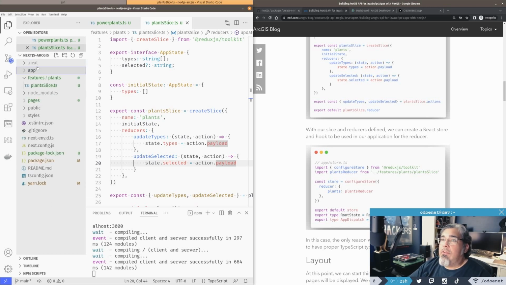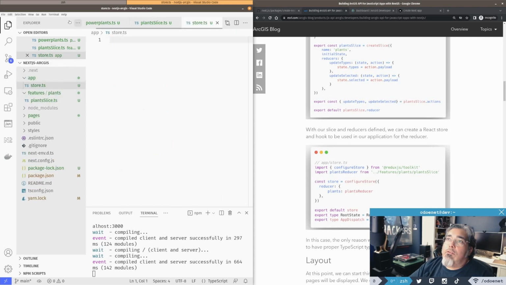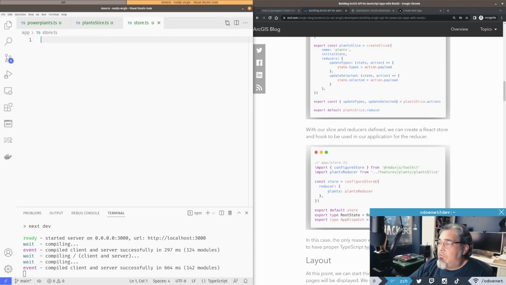Now I'm going to create a store file. So, new file, store.ts. There we go. Okay, so in my store now, again, a little copy paste magic back and forth,